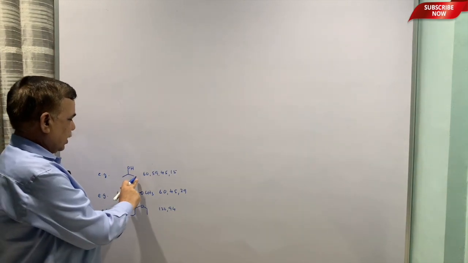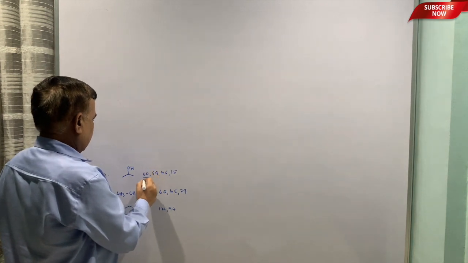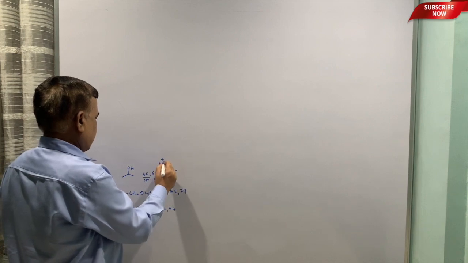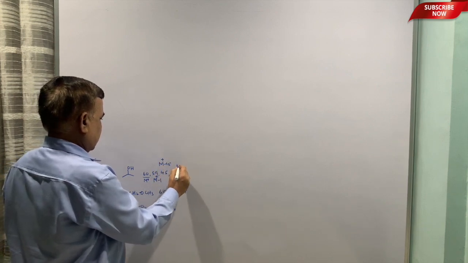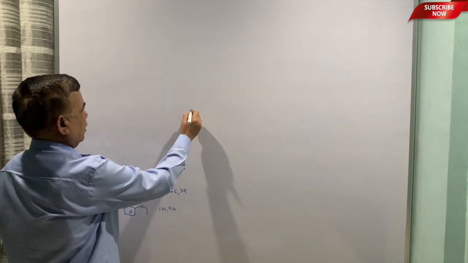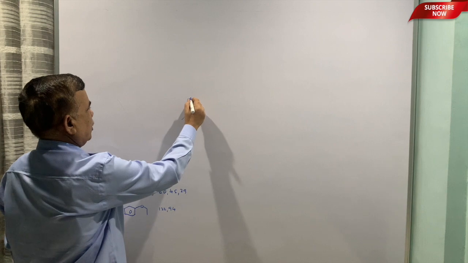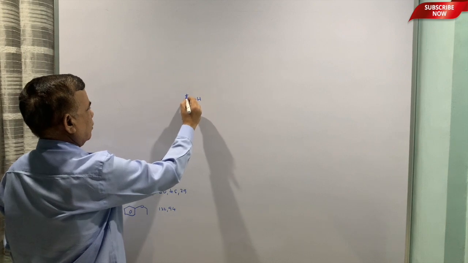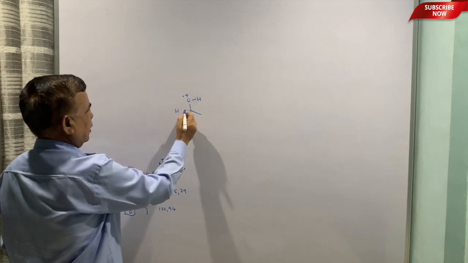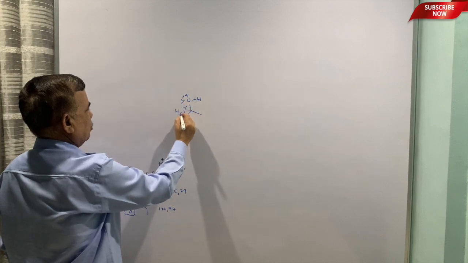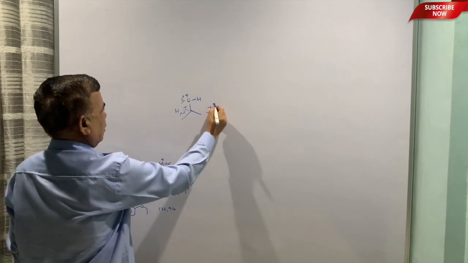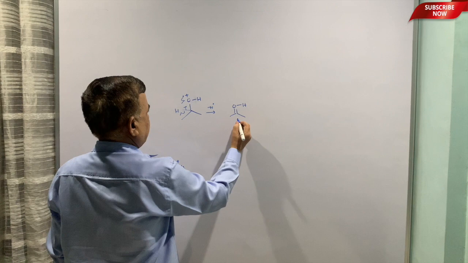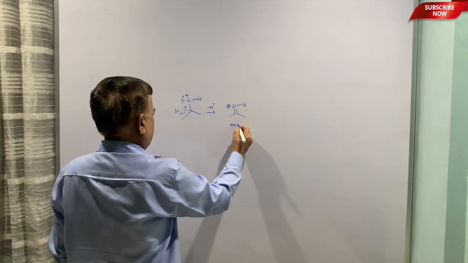Now, next compound is isopropyl alcohol. 60 looks like M plus, this looks like M plus minus 1, this is M plus minus 15, and this is CH3 plus. So, this is how things will go. OH, so let me put H separately, radical, and then the immediate thing is you can lose a proton or hydrogen radical, and you can get OH. This is m/z equal to 59.